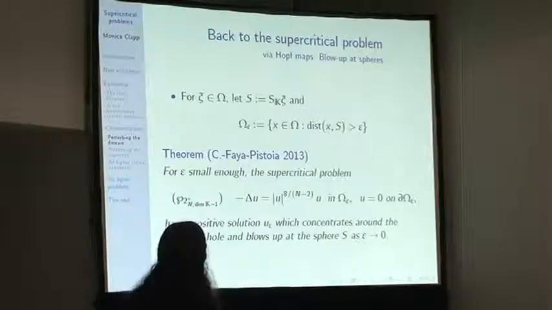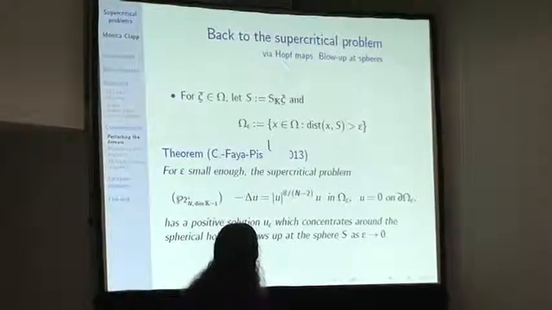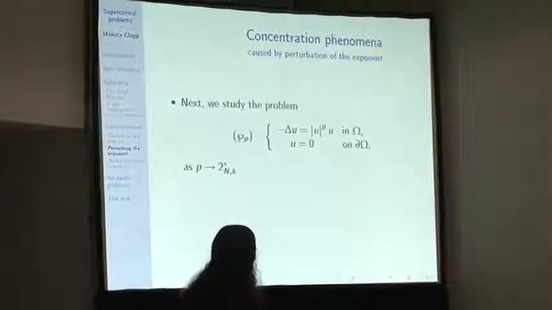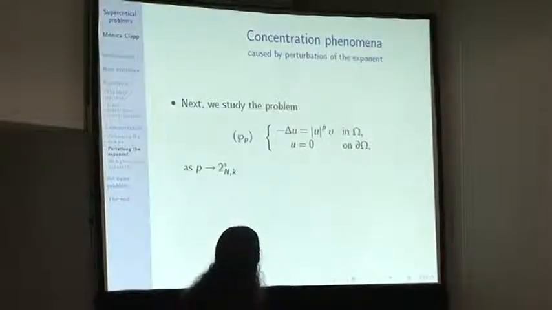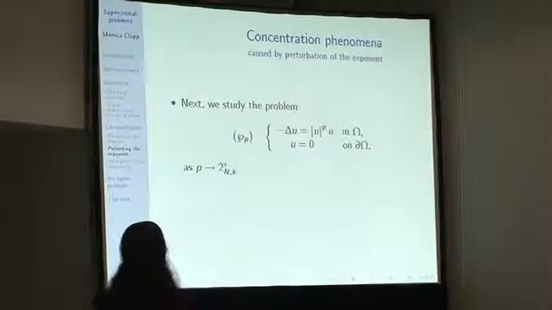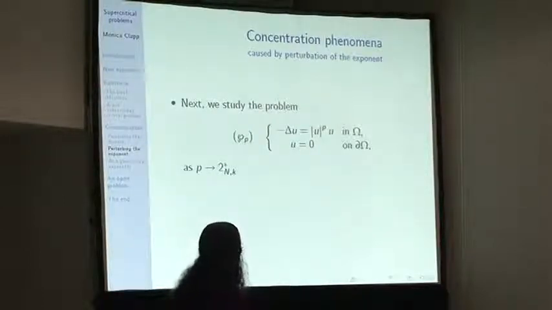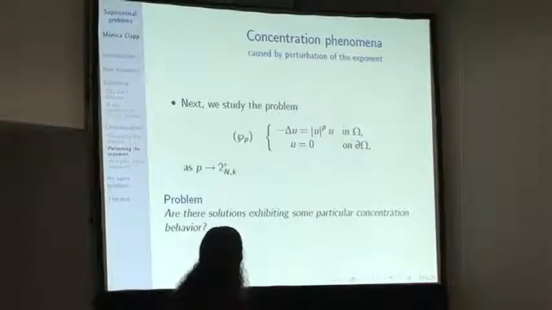Okay. So now, what about perturbations of the exponent? Let me now look at the exponent. The problem I want to study is the following one. Okay, so this is our problem. And I want to see what happens when p approaches one of these higher critical exponents we defined before. Okay? In the case when the critical exponent is precisely the usual Sobolev critical exponent and p approaches that exponent from below, we want to find, again, concentration.